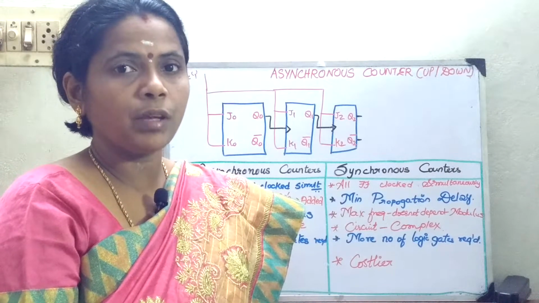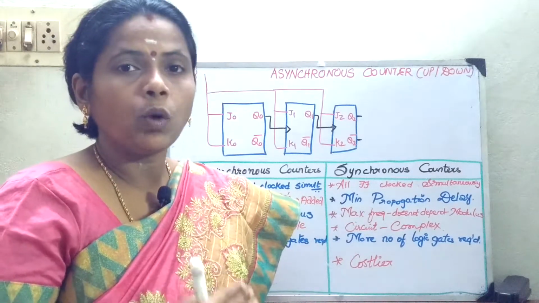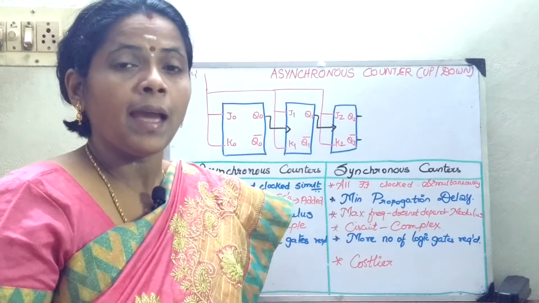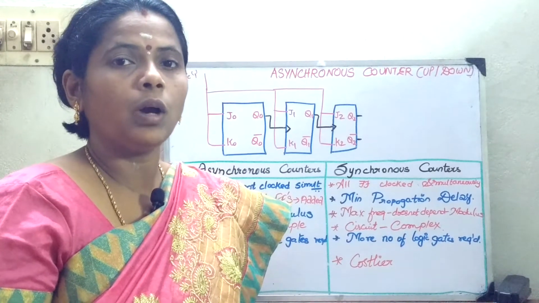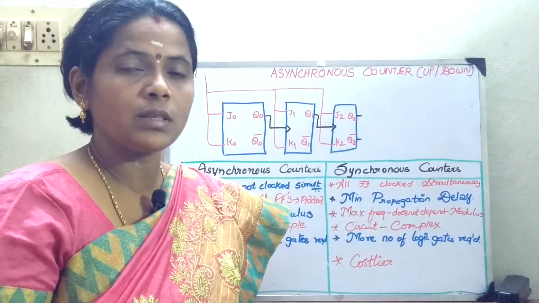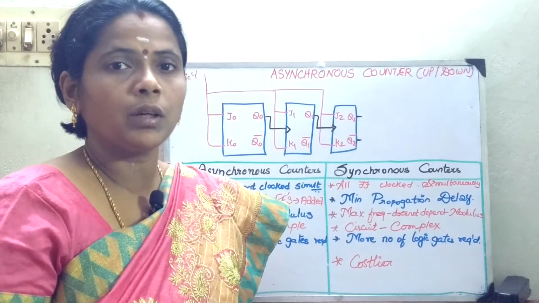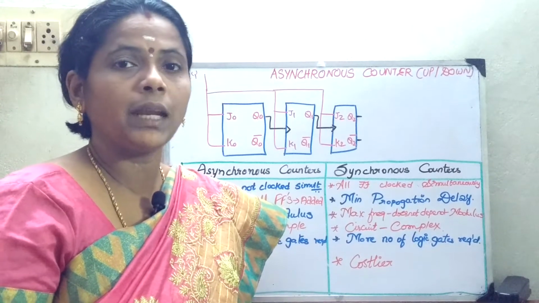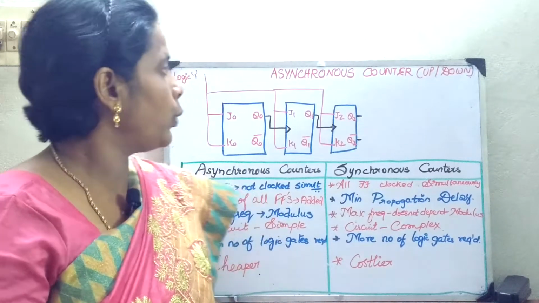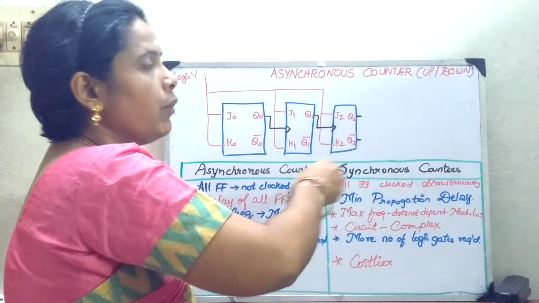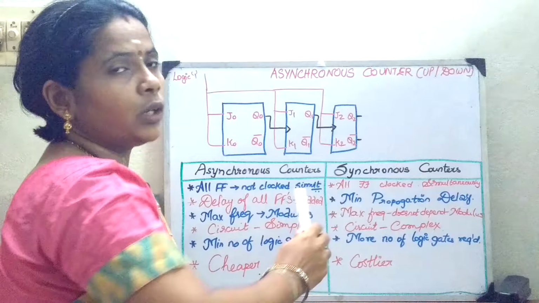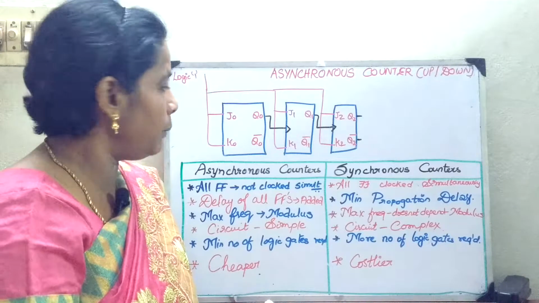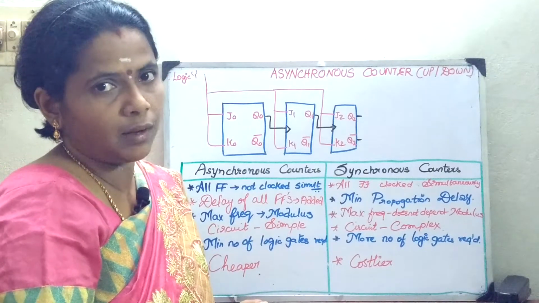In the last session, we have seen what a counter is and what the different types of counters are, namely the synchronous counter and asynchronous counter. In asynchronous counter, we saw how a 2-bit counter could be done, then how the same circuit can be extended to the 3-bit counter and the 4-bit counter, and also the truncated sequence, that is the mod 10 decade counter. In today's class, we will see how we can analyze a 3-bit up counter or a 3-bit down counter, and the difference between the classification of the asynchronous counters and synchronous counters.